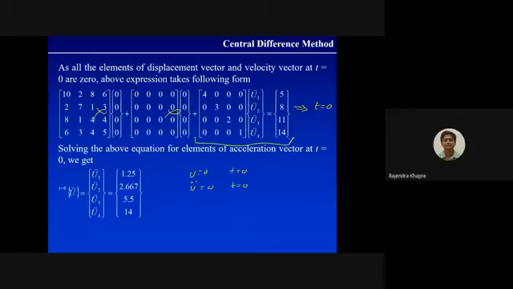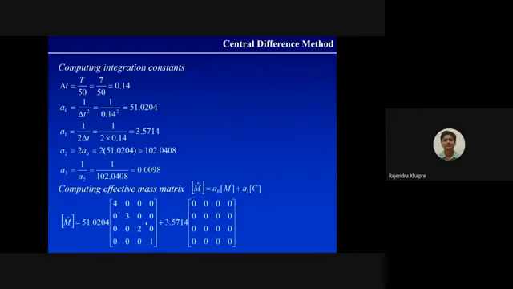Okay, so what you can do is you can solve this so that you can get the acceleration, that is u double prime at t is equal to 0. So this will be now known to you. Okay, so since this is a 4x4 matrix, you will get the 4 values. Okay, so now we can start our problem, but before starting the problem we have to find out the coefficients,